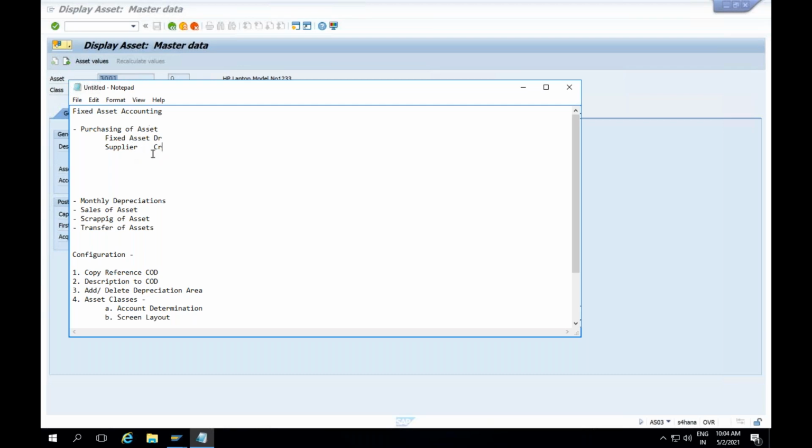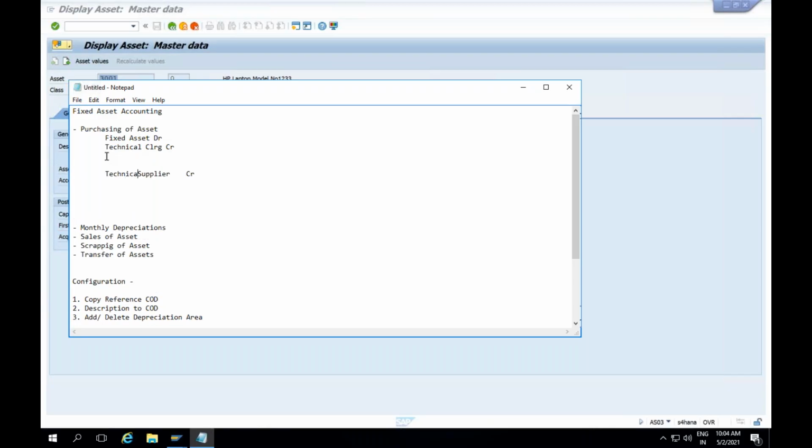So this is purchase of asset. Same way, just remember in SAP S/4HANA, this posting is split into two parts. First part is fixed asset to technical clearing account. This is only in S/4HANA. In ECC, it was not like this. And the second part is